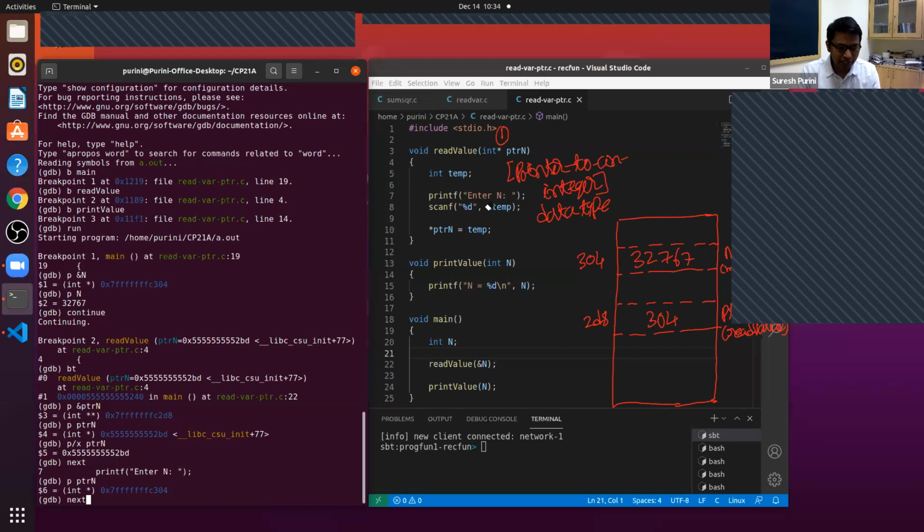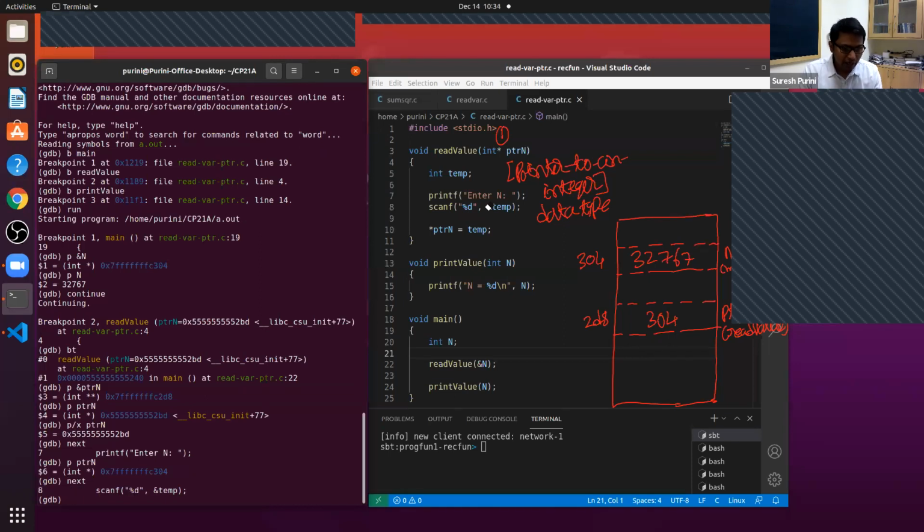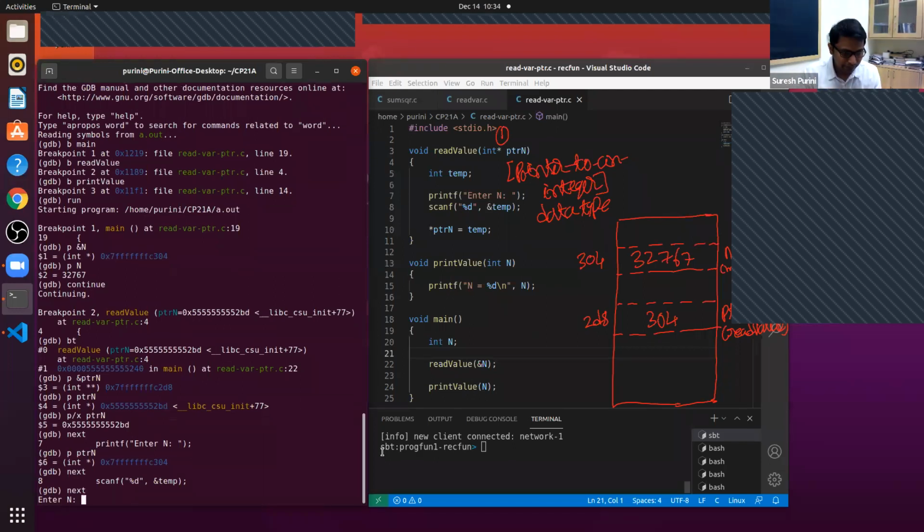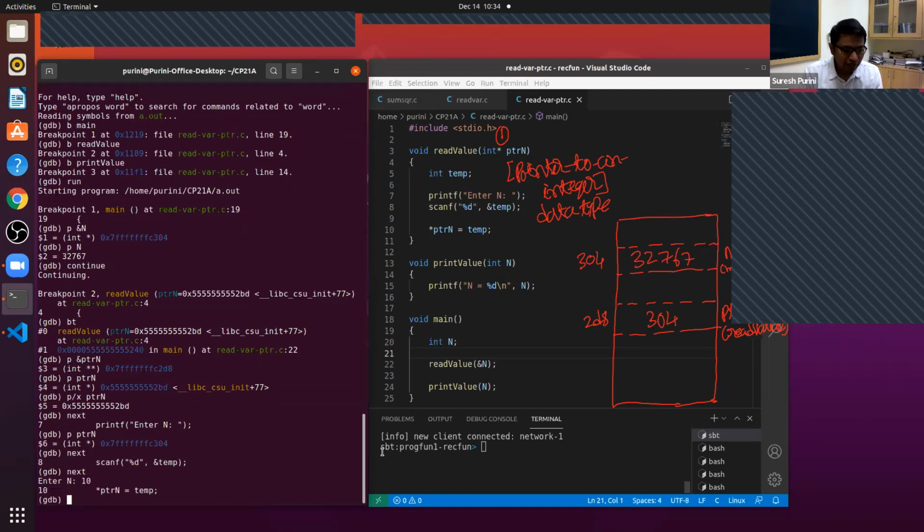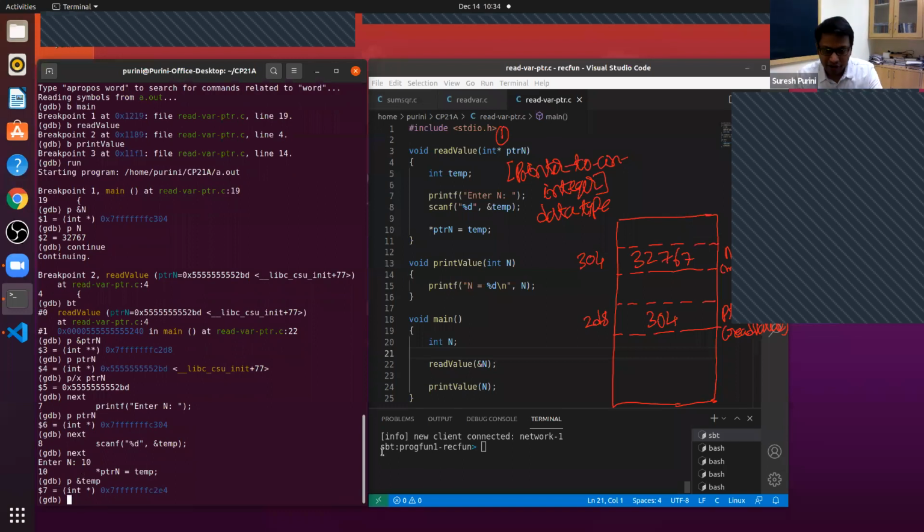So now let's go to next. We are reading the data into temp. If you look at the address of temp, the address of temp is 2E4.